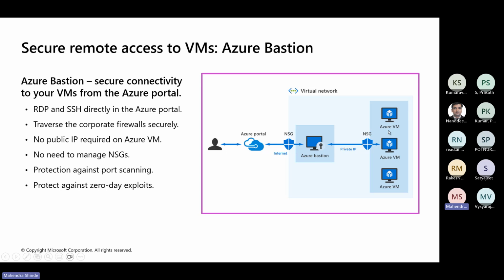You can connect to any of these servers using their private IPs. So communication between Bastion and these servers is via public IP, private IP. Of course, you will also have an NSG here, which should allow it. And users will connect to Azure portal. From Azure portal, they will use the feature, okay, connect using Azure Bastion, and then they will choose the target machine